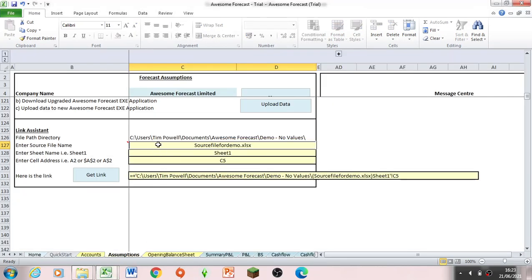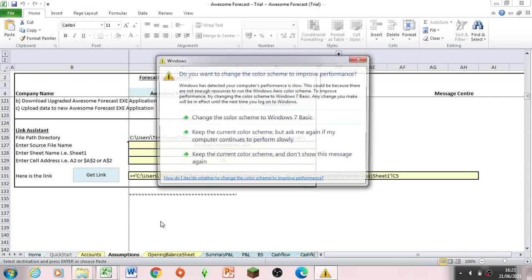You'll notice that the file directory path picks up automatically, and the directory it picks up is exactly where your awesome forecast file is stored. Now it's important that your source file is stored in exactly the same location, otherwise the link won't work. Once you have put it in the same location, you're ready to go. Click this button here called Get Link,